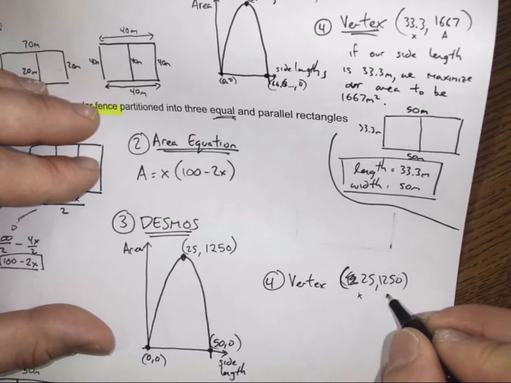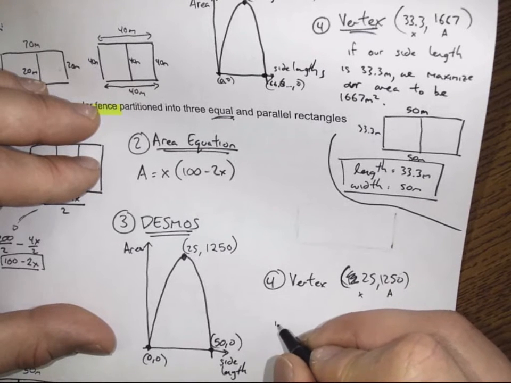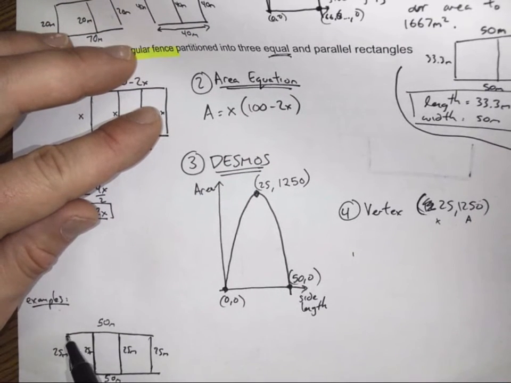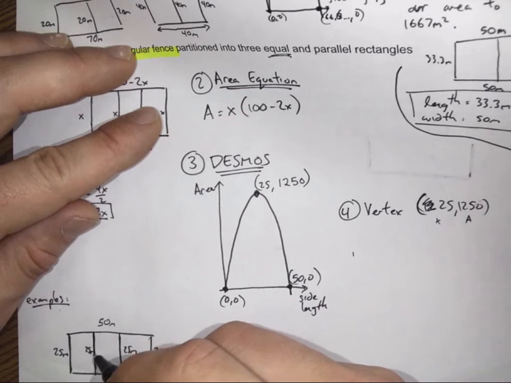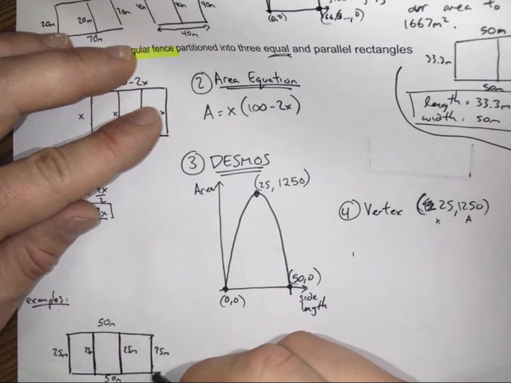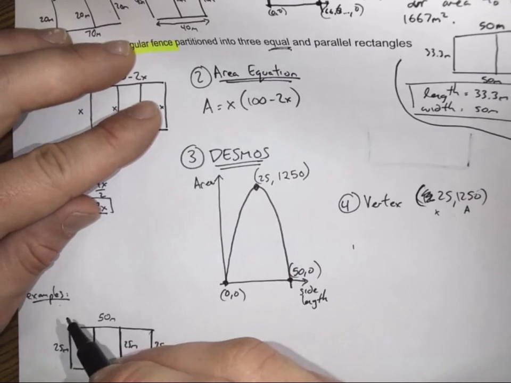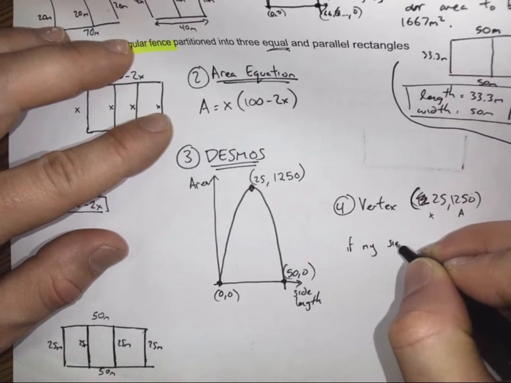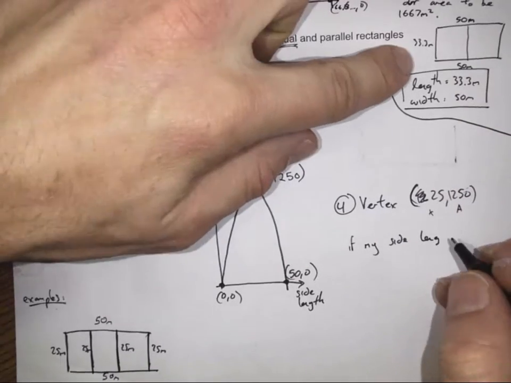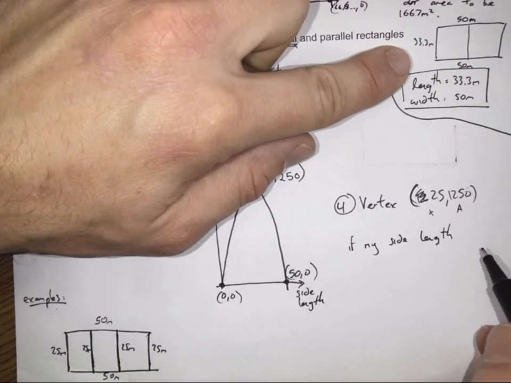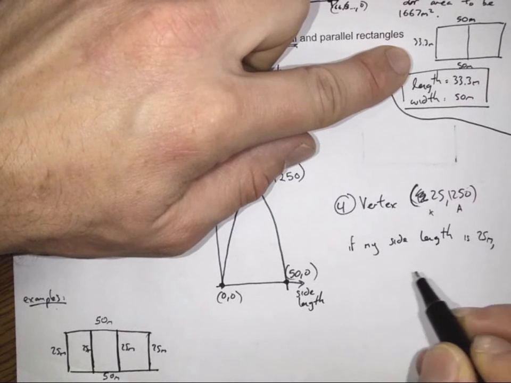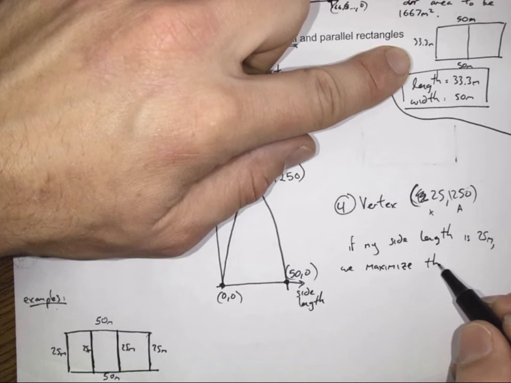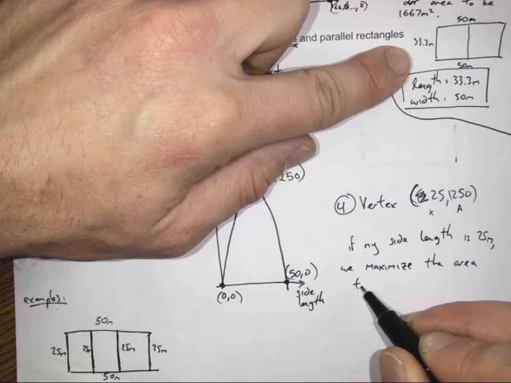Okay, and that's an x, that's an area, so that means we're going to have an, oh, by some coincidence, I realized actually I had selected in my first random thought the value that will represent a maximum. When my x is 25 meters, we maximize or optimize the area